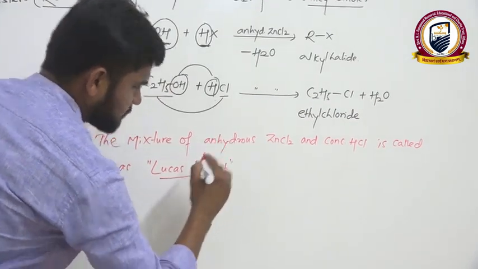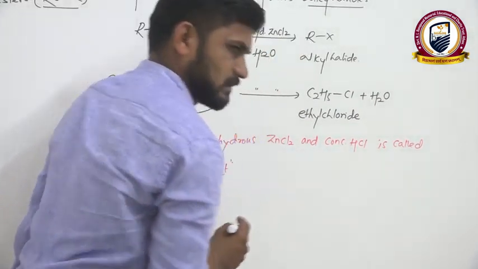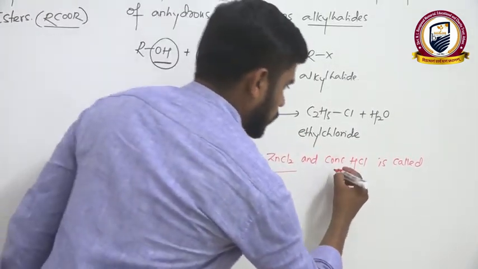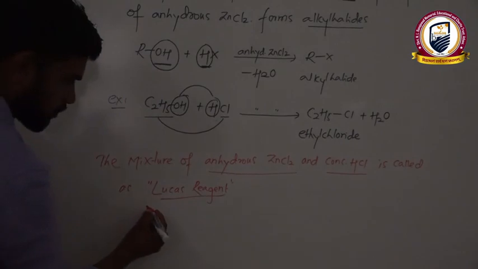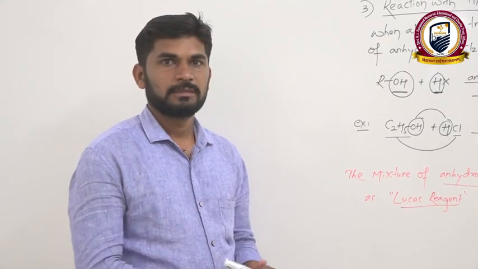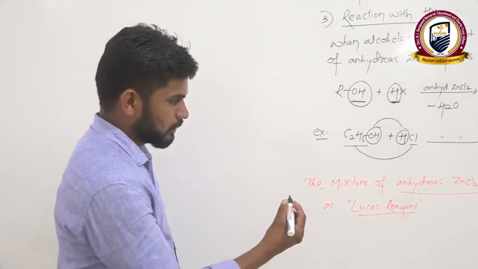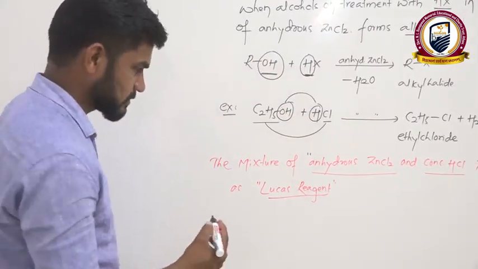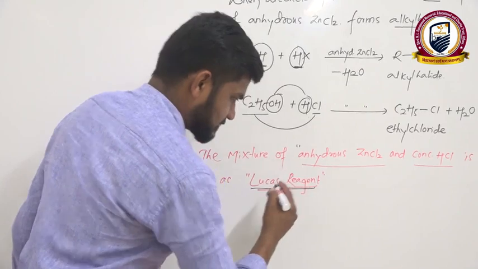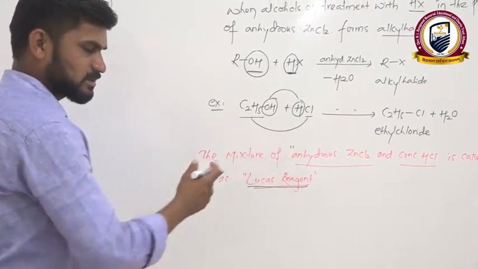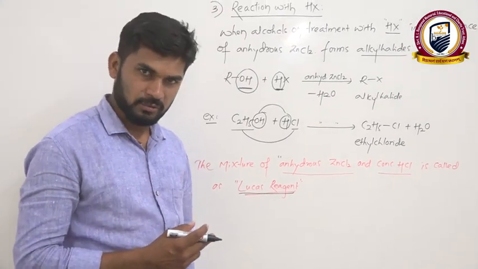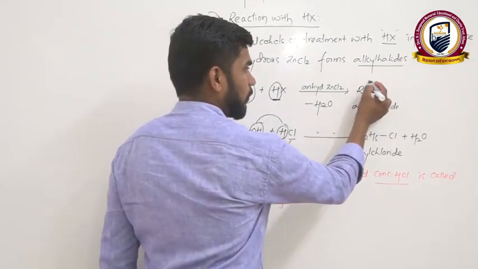We can also make use of dry HCl. This mixture, anhydrous ZnCl2 and concentrated HCl, is commonly called what? Lucas reagent. So this Lucas reagent is used to distinguish primary, secondary and tertiary alcohols based on the formation of